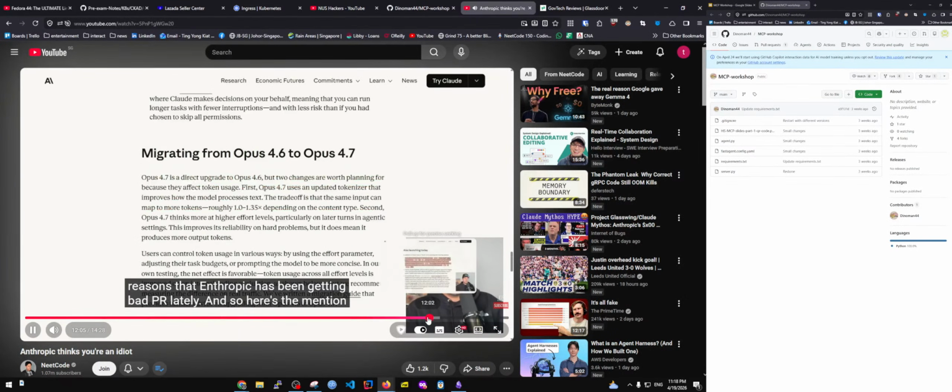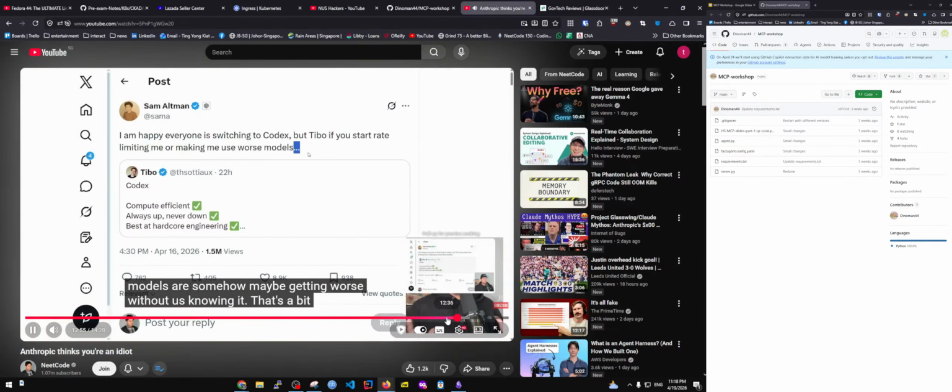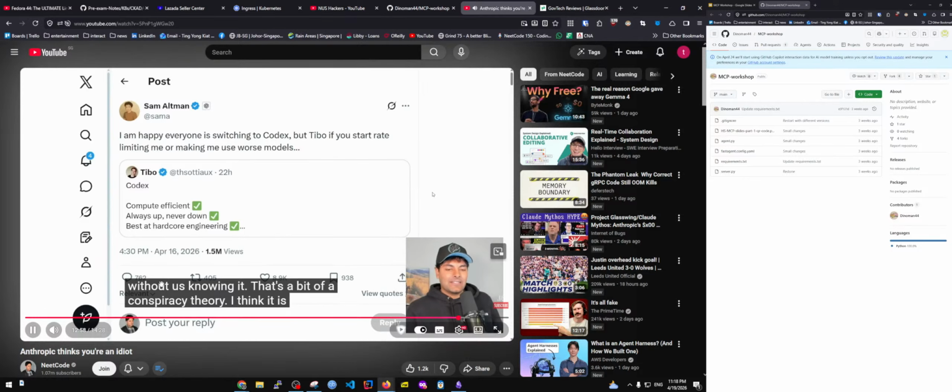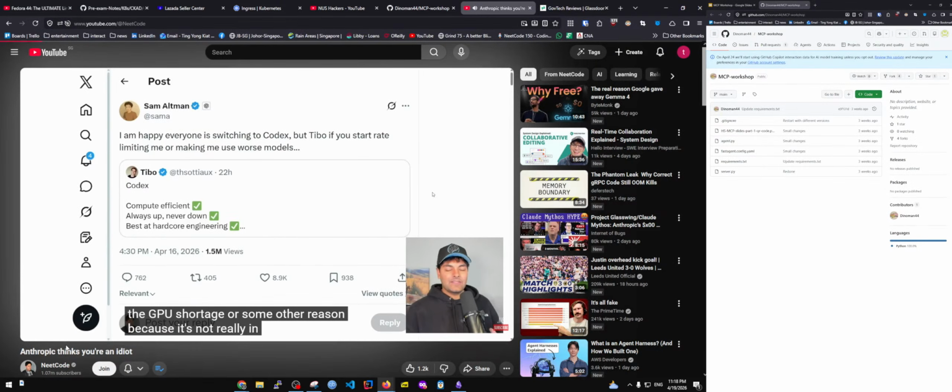And so here's the mention about them using an updated tokenizer. That's a bit of a conspiracy theory. I think it is technically possible, but I think it's more likely that there's some other side effects going on. Like maybe they're just doing it because of the GPU shortage or some other reason, because it's not really in Anthropic's